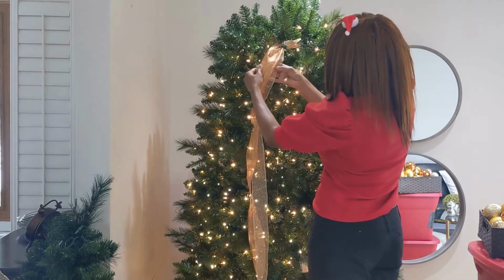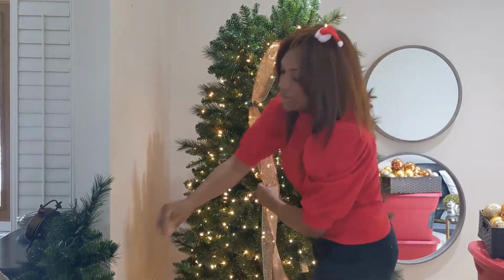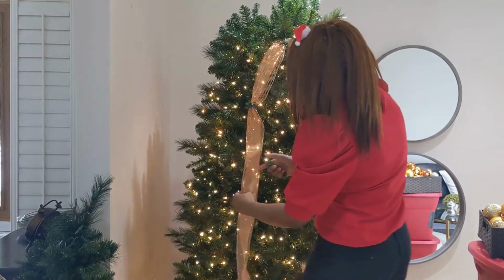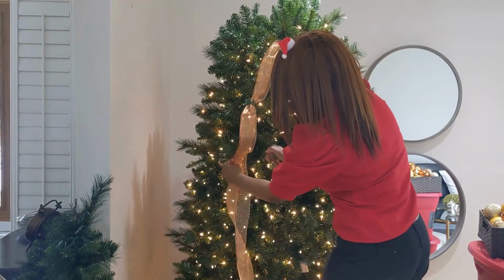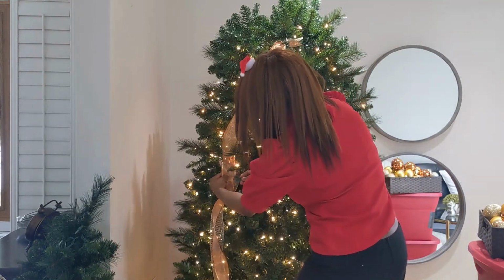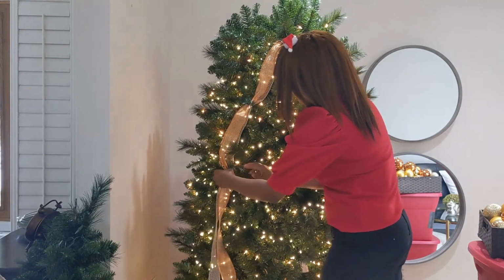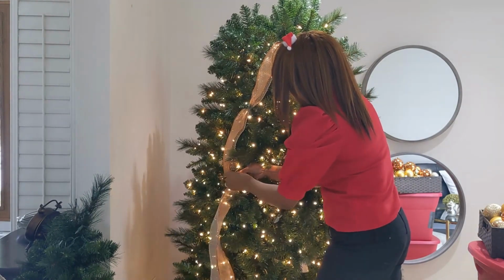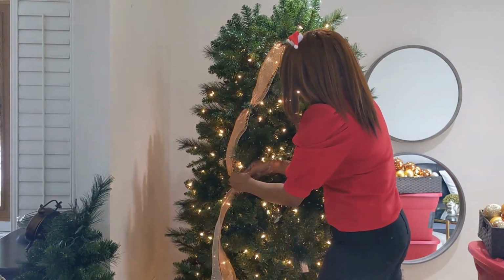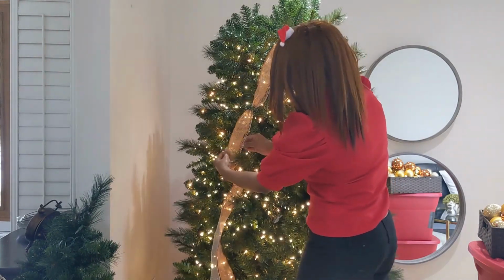You have to play around a little bit. And then I'm going to do one more with it. Slant it a little bit. And you can decide how you want your design to go with this. I'm just going to slant it a little bit, put it right here. Just a little bit harder than the...